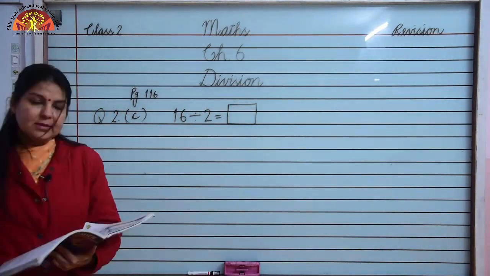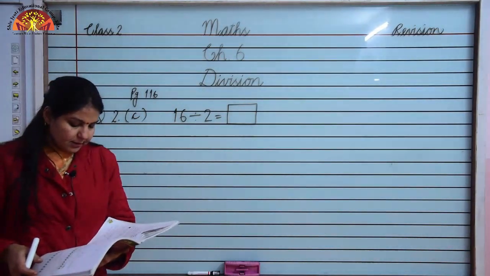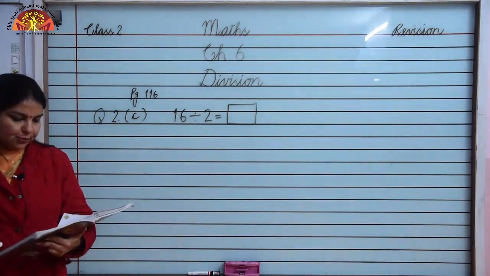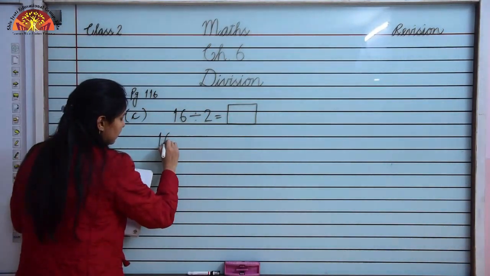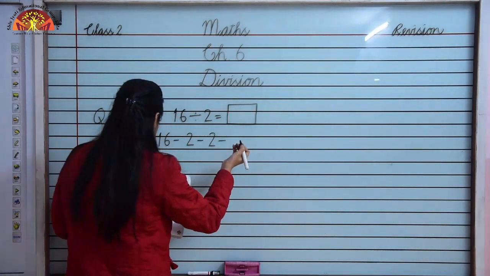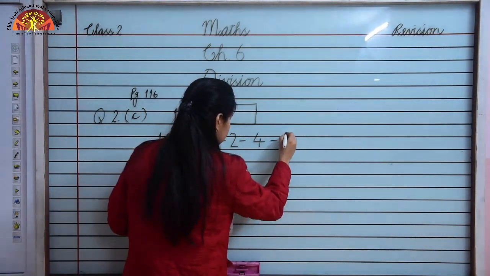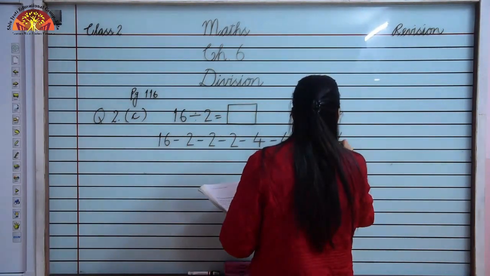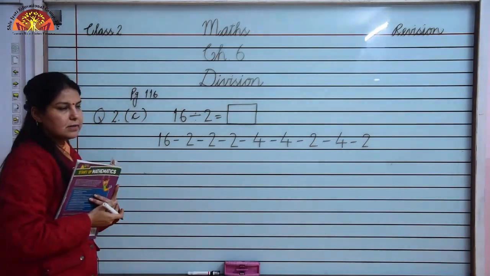Now here we are dividing 16 by 2, and we will see what will come here. So what will we do children? Question number 2 is, divide by repeated subtraction, correct the numbers in the circles wherever needed. One example is done for you. The sum is given, 16 divided by 2, and the numbers are written here: 2, again minus 2, then 4 minus 4, minus 2, minus 4, minus 2. Now here we have to correct the numbers which are written wrong.